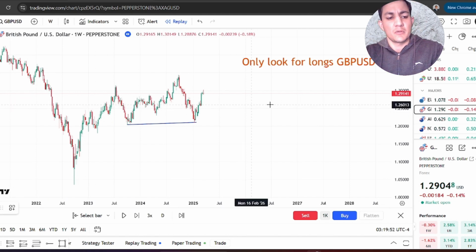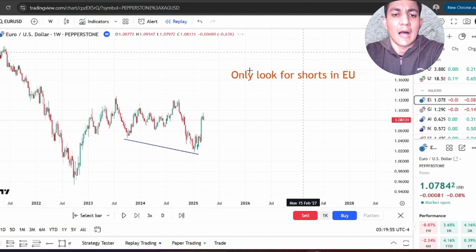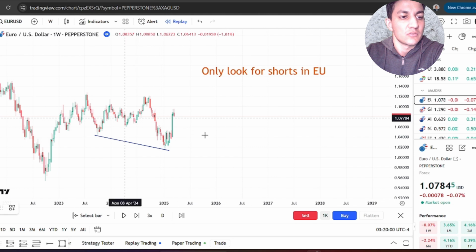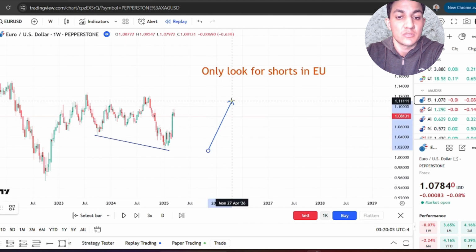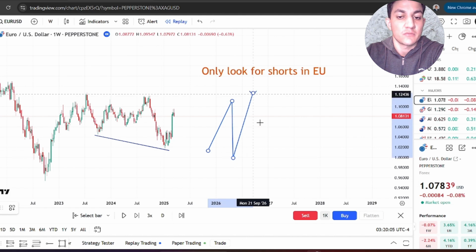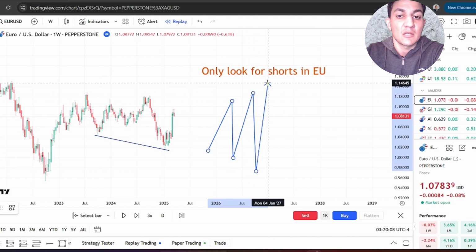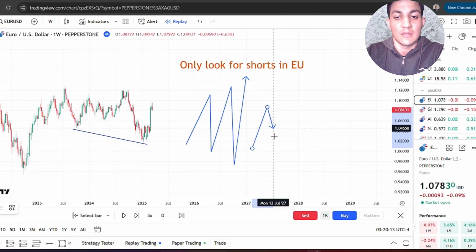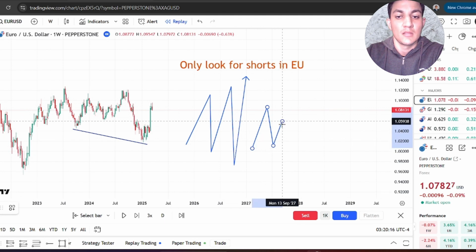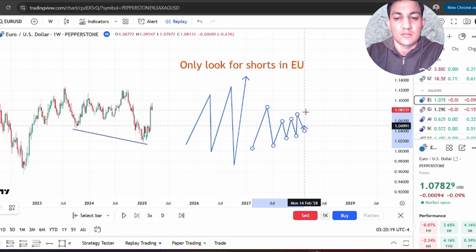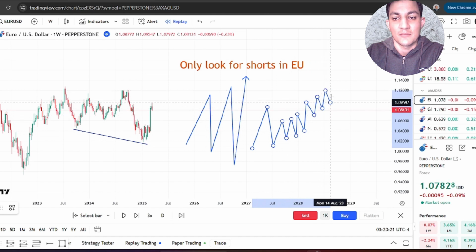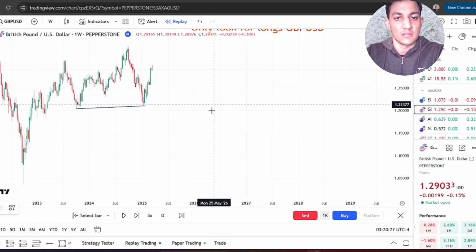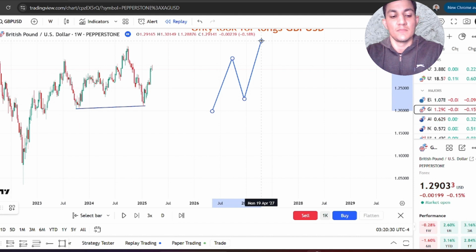Let's just suppose, let's get back on euro dollar actually. Let's imagine this was GBP USD. GBP USD was very weak. The price action was very weak, but I was looking for longs. So what's going to happen if you look for longs in euro dollar is either this is going to happen: let's just imagine you wait for a liquidity sweep. Price will sweep you out and maybe go to your take profit. Or worst case scenario is it's just going to consolidate. So let's say you enter on an order block here. It's going to slowly come up, barely hit your take profit. You're in there for ages, whereas the exact same setup on GBP USD, nice, clean, easy in and out,